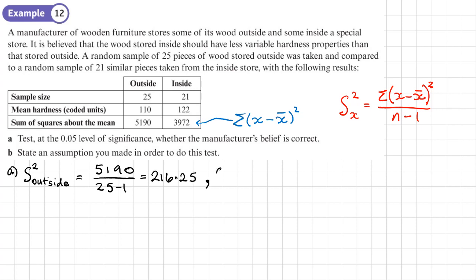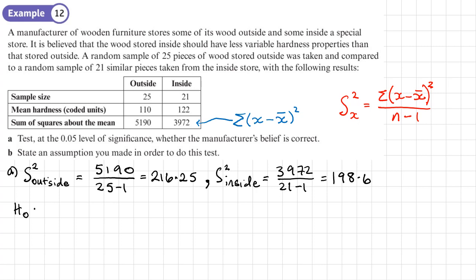And then the variance for inside, that will be 3972 divided by n, 21 minus 1, so 3972 divided by 20, and that's 198.6. Right, so from here I can see that outside has the biggest variance,